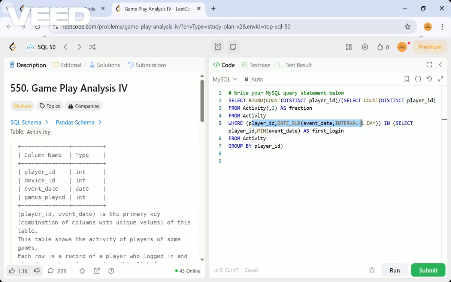If we are considering it with the first login, we can have the recent login and the first login, and then do the count of distinct players from those two tables, checking the next date against the recent login. That will also work. I hope you are able to solve that problem also. Let me know in the comment section how you can solve this problem in a different way. That will also run successfully.